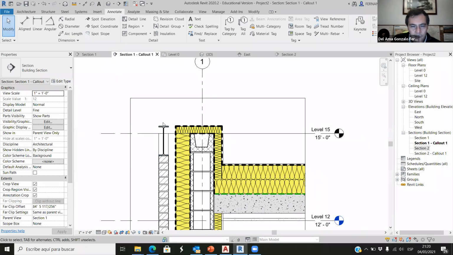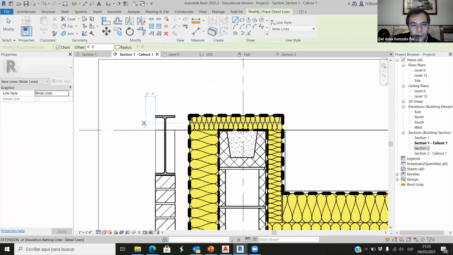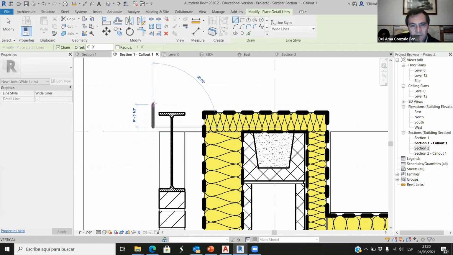The thing is that we have an air chamber here, and we need a coping. So we need to close this because if it rains, we have to make the rain go out and down and out. Okay, so we can use this detail, but now we need a thin line,